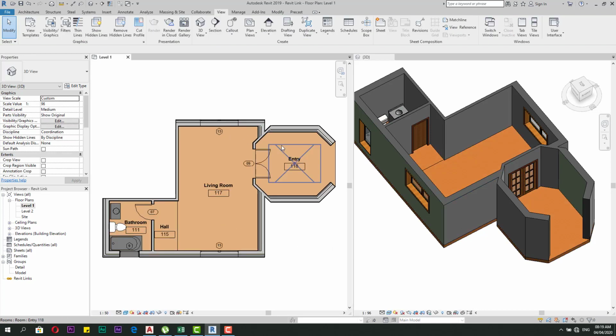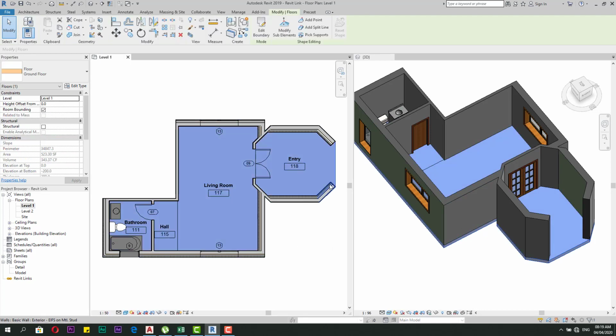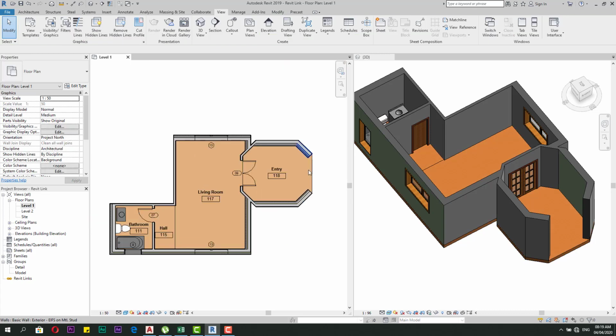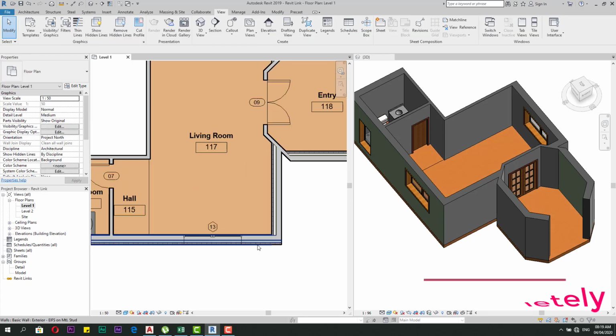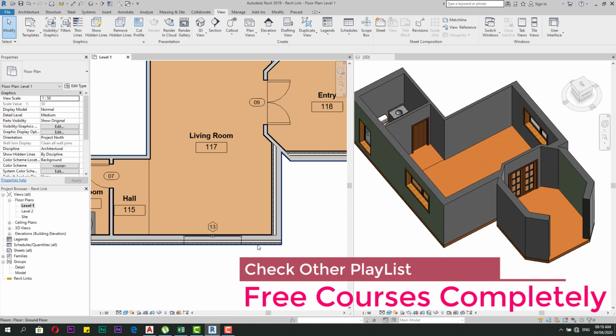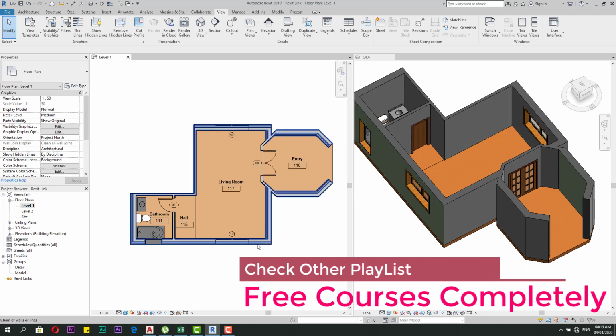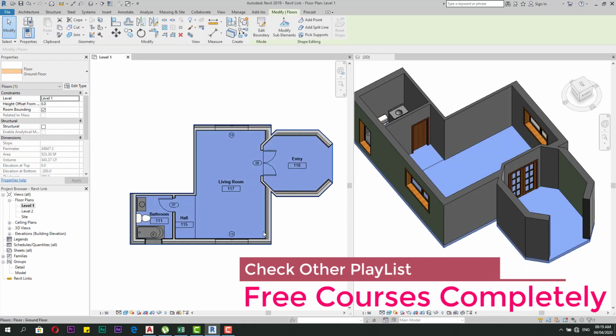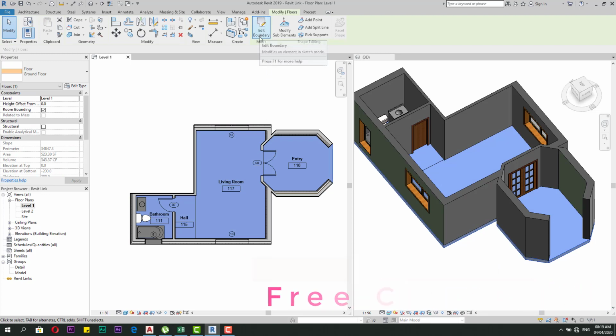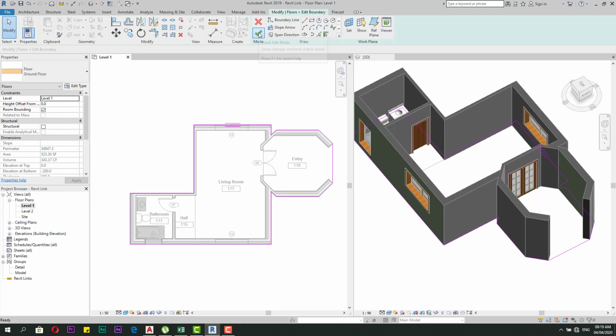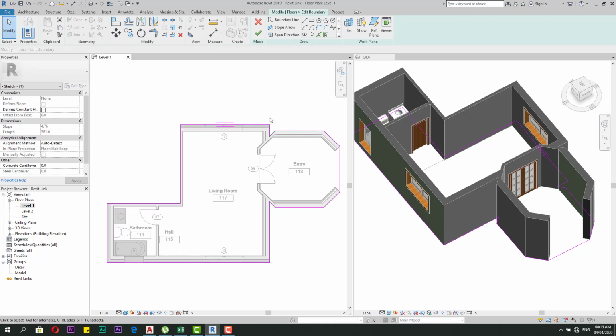If you need to edit it, you can select it from here, or if you don't have an open area, you can just click Tab, come here and click Tab until it highlights what you need. After this you can Edit Boundary. If you open the boundary, it will return you to the first state and make a change as you need. For example, if I need to cancel all of this,